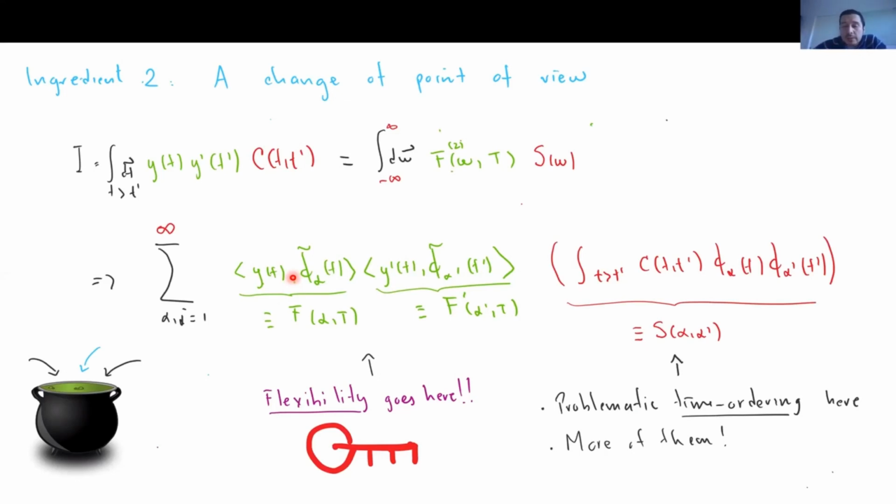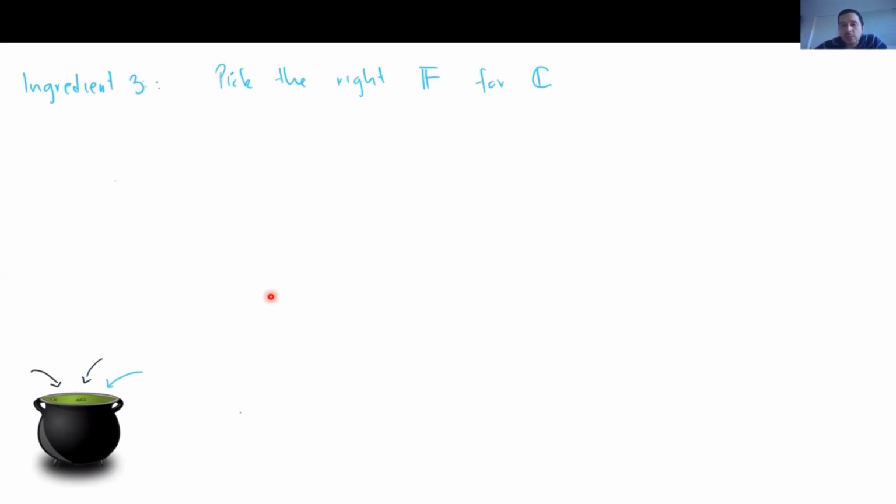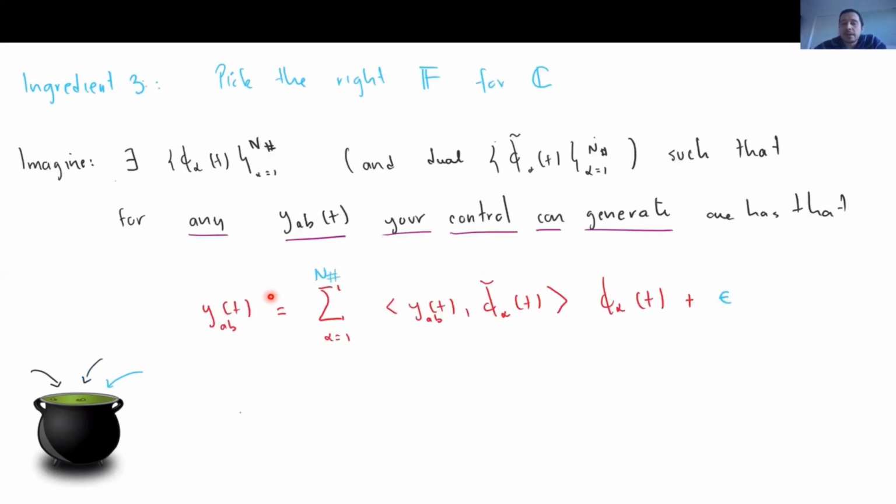However, now we have the ability to demand things on this expansion. And so what if we demanded that it was finitely supported in some frame? This is the third ingredient. Imagine that you could build a frame that you can associate to a given control, such that each of the switching functions is compactly supported up to some very small error. So what this is telling me is that any switching function that my control can generate is expanded by only a finite set of frames,